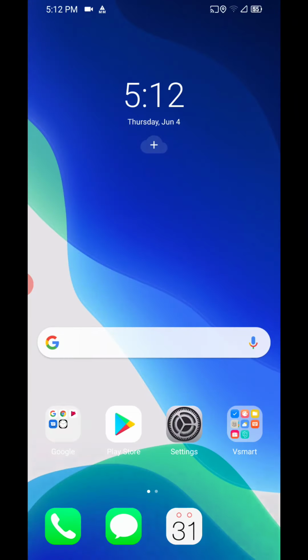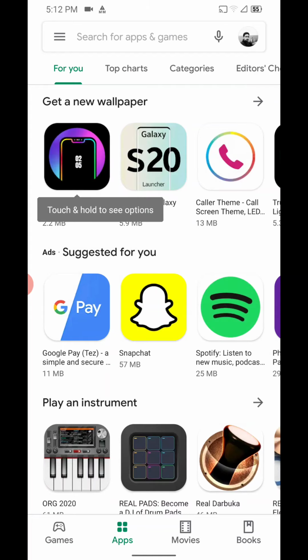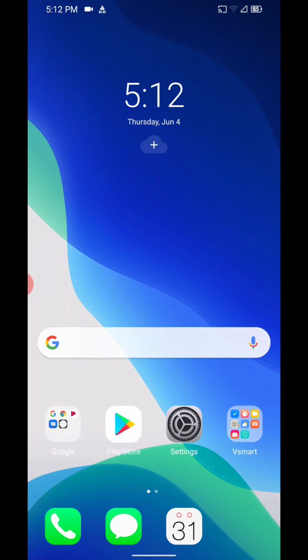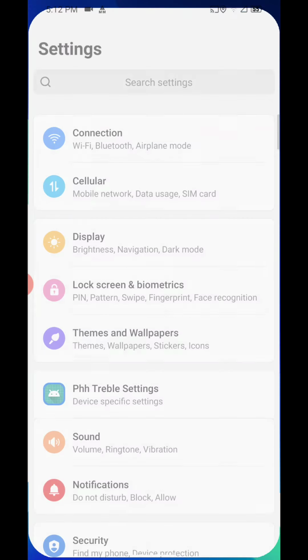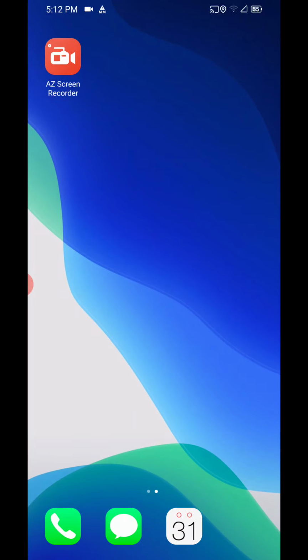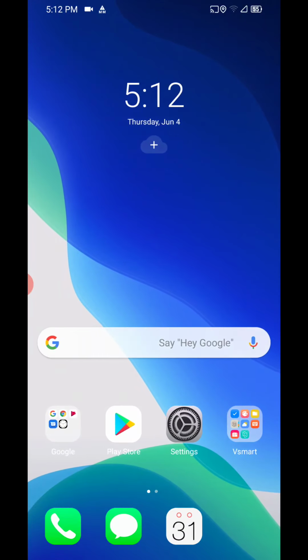As far as the Play Store is concerned, yes, the Play Store is working great, no issues with anything. You can easily download and install apps from the Play Store. Currently I have a network issue in my area, so you won't be able to see. Yeah, so you can have the Play Store. As you can see, it's been installed, and you can easily download and install the apps from Play Store. Other than that, you may find some Vietnamese language here and there, but don't worry about that.